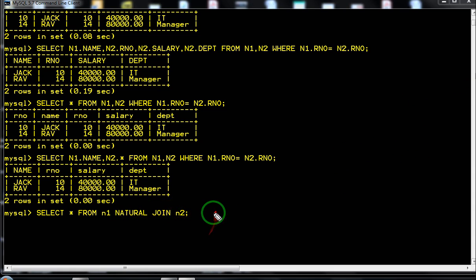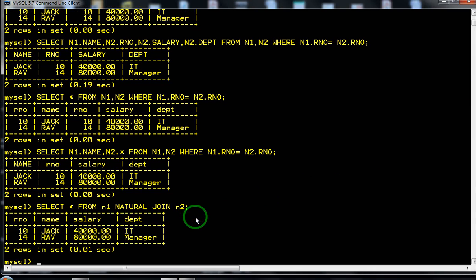So, let us press enter key. You can see the output. With the natural join clause, we need not specify a join condition. It will automatically create a natural join through the appropriate common field. As I have already told you, MySQL provides a natural join clause that removes one of the duplicate columns from the output. The join in which only one of the identical columns exists is called a natural join. In equijoin, it will display all the columns, even if they are identical.